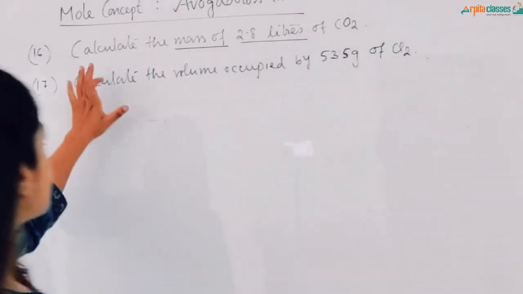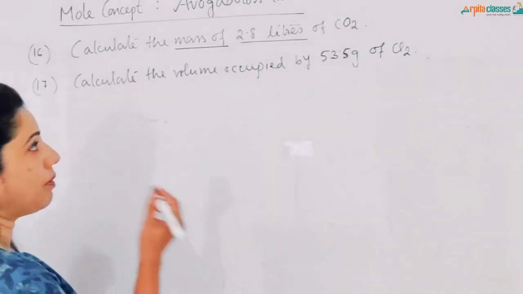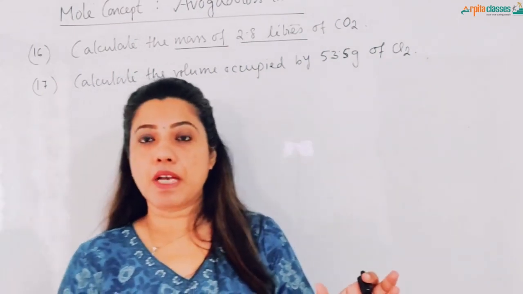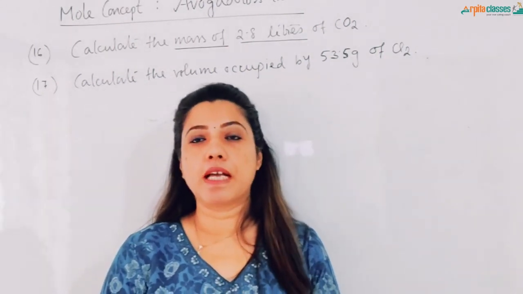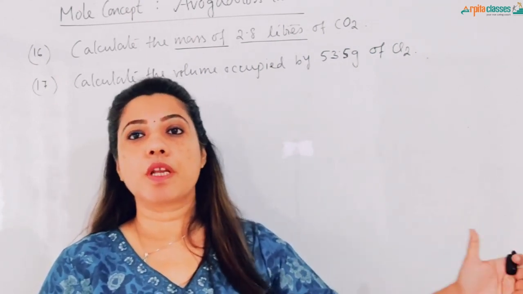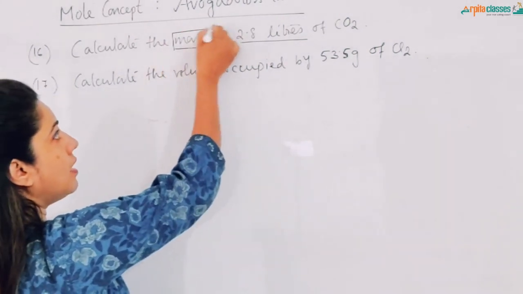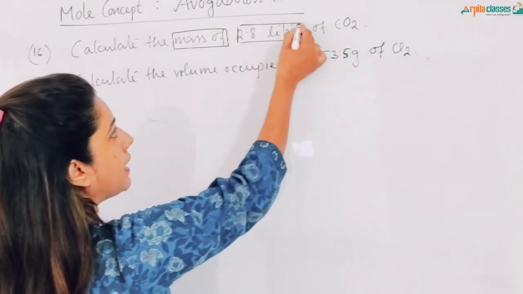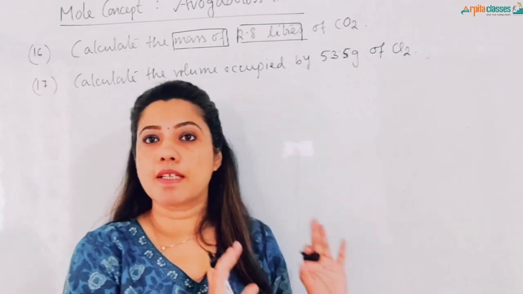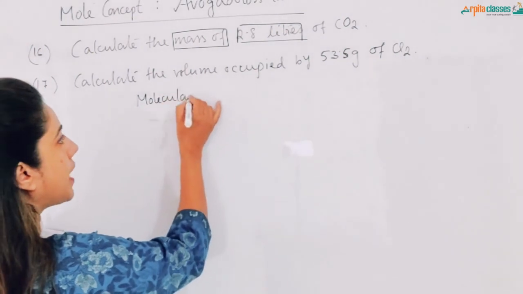Question number 16 says, calculate the mass of 2.8 liters of carbon dioxide. If you remember, I gave you four relationships: 1 mole of a substance is equal to the molecular weight of the substance, is equal to 22.4 liters at STP, and that is equal to Avogadro's number of particles. From those four relationships, we have to find the mass, and 2.8 liters is given. That means we have to take molecular weight and 22.4 liters at STP. So, we write molecular weight of carbon dioxide